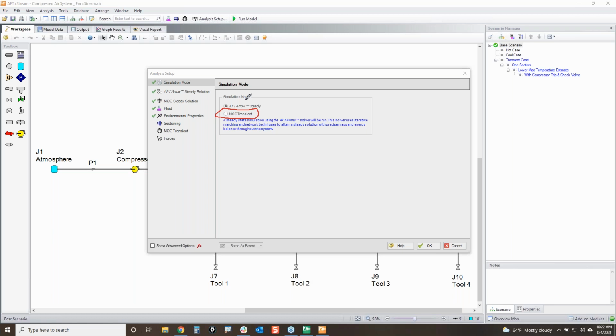Okay. And in order to establish those initial conditions, we run AFT Extreme using AFT Arrow's steady state solution